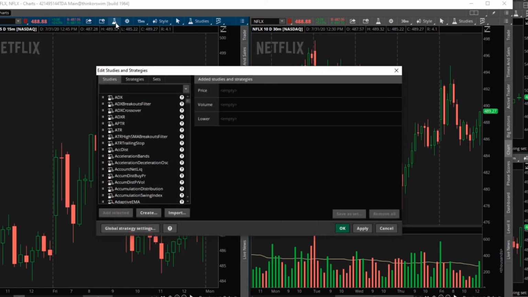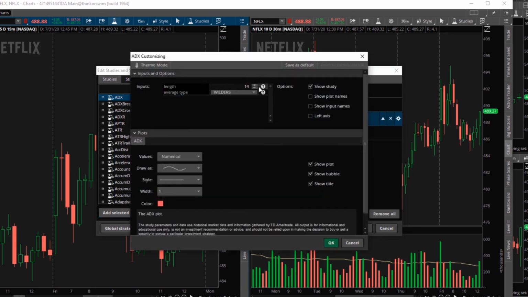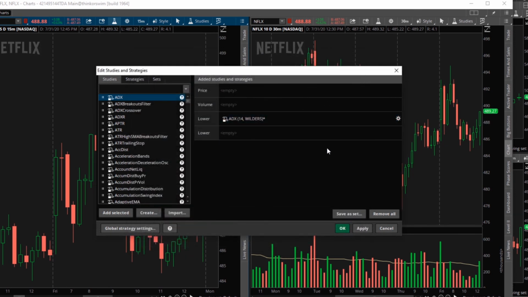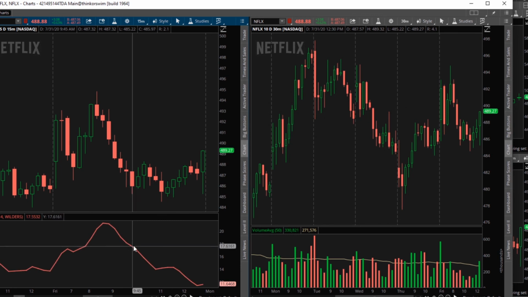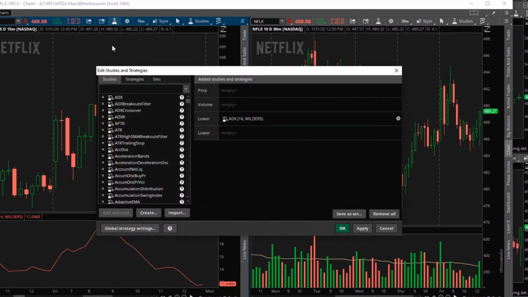So I want to add a study. I want to add an ADX. Okay. So then you add select, and it'll automatically come over here. So whatever preferences you have, criteria, you can put it there. So I'll just cancel that out, hit apply, hit OK, and there you go. There's your ADX. You want it out, go back to edit studies, hit here, highlights blue, boom, you're done,